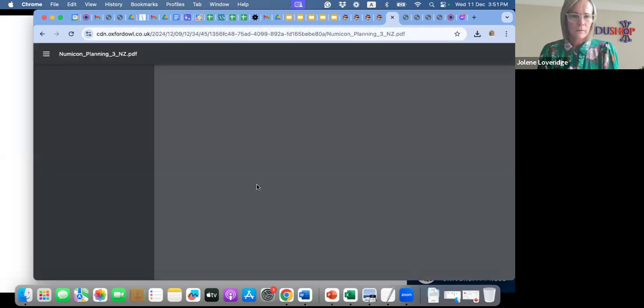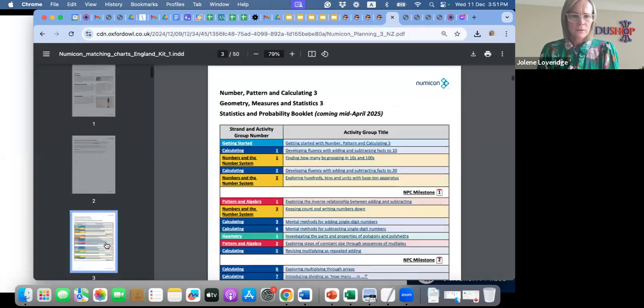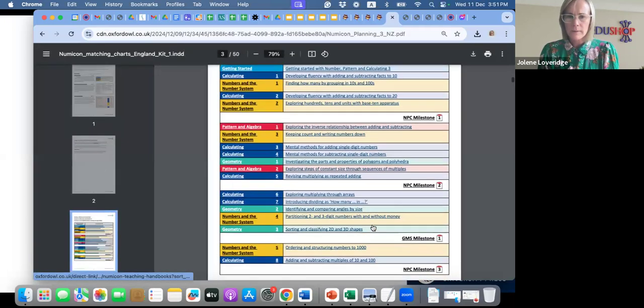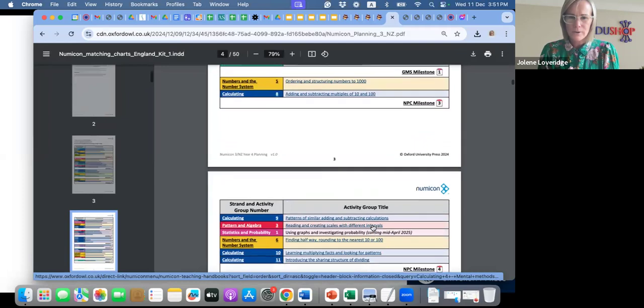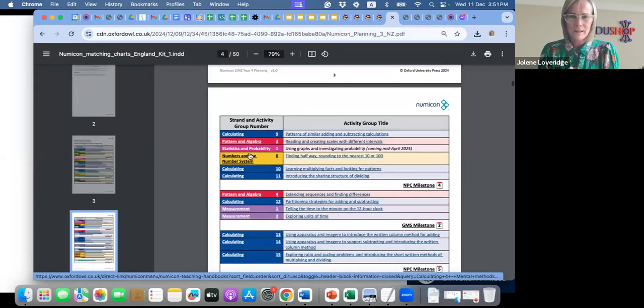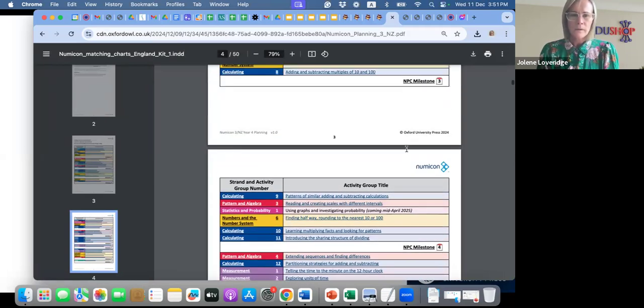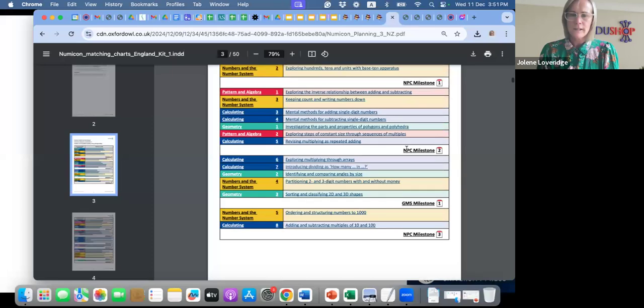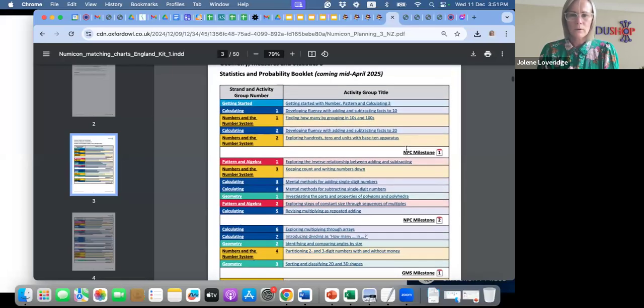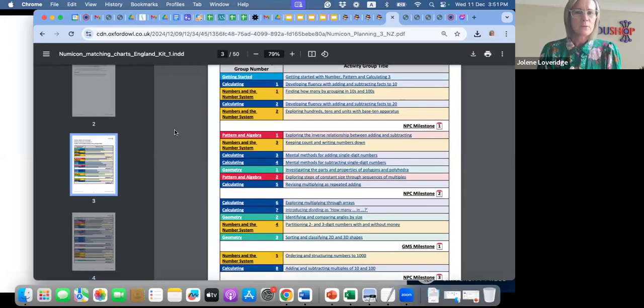The stats and probability, I'll just go and show you that now because I forgot to mention it before. Go back into Numicon 3. I'm going to scroll down on my scope and sequence and just show you the pink. You'll see there, statistics and probability will be pink, coming mid-April. So you'll be fine, because you will not be able to get through all of that by April, so you will have it in time